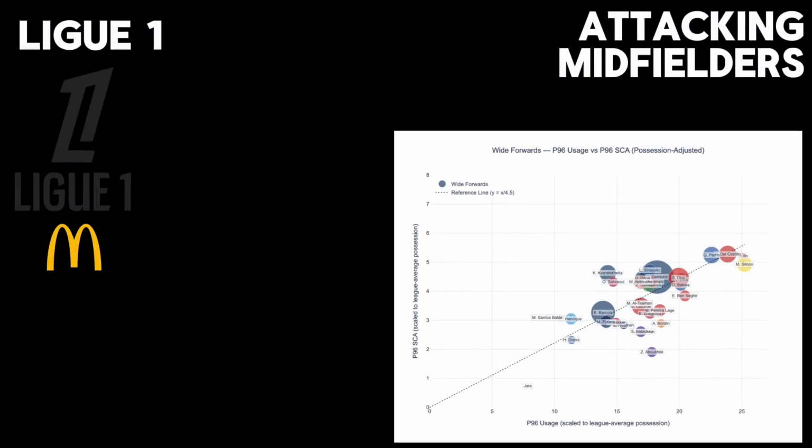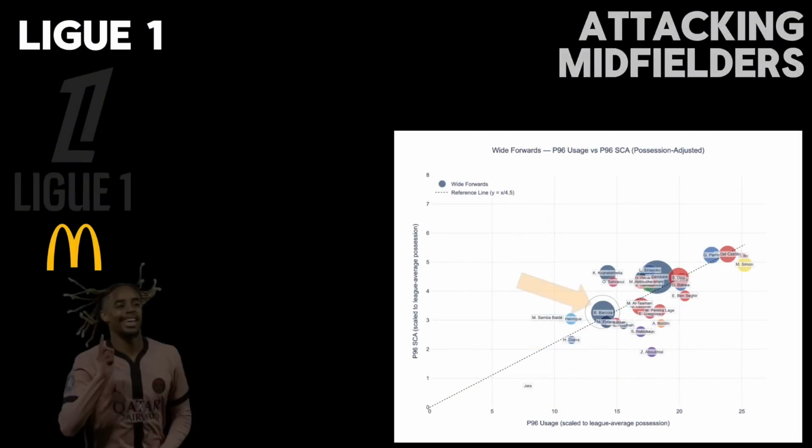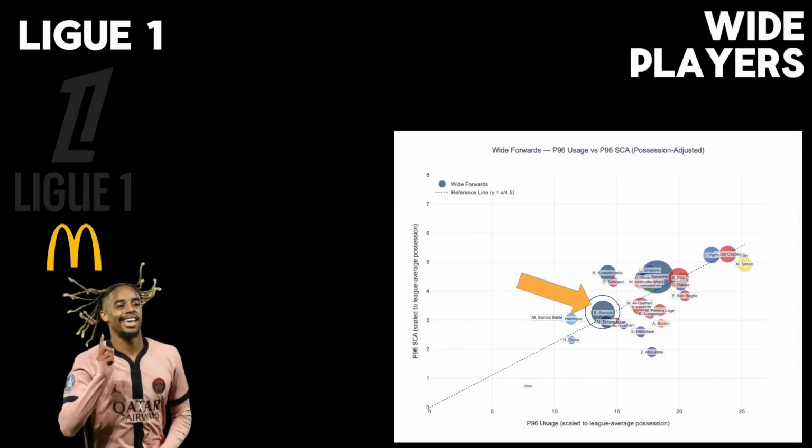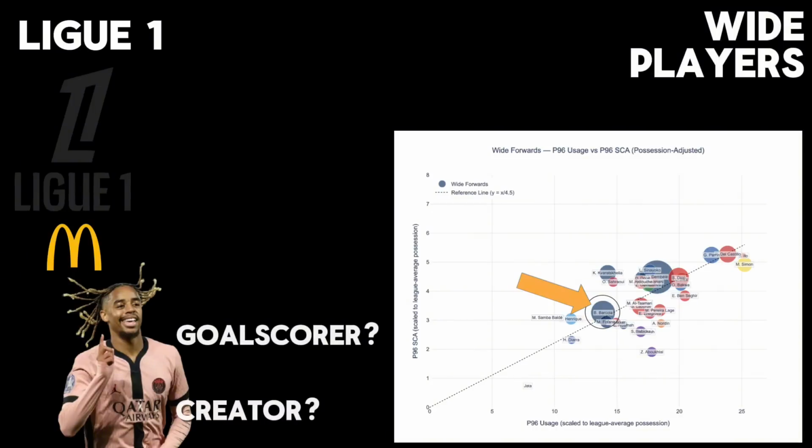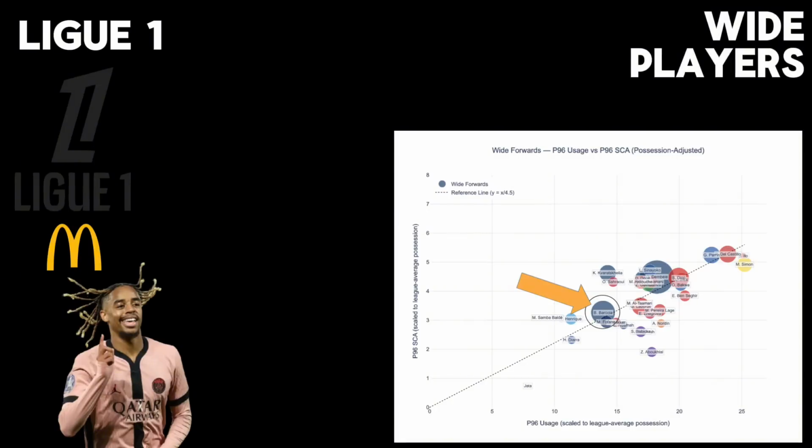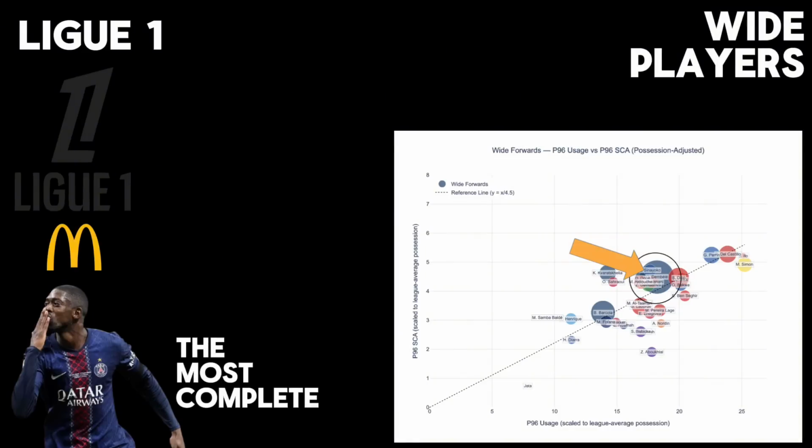Here are the wide players. Having not watched PSG every week, Bradley Barcola doesn't use the ball or create as much as I would have imagined. He's in the middle between being a creator and being a goal scorer. He's no doubt a good footballer. He went cold in the second half of last season, but if he can keep up his goal-scoring form from the first half, he'll be a big threat. Meanwhile, Ousmane Dembele is, to me, the best all-around attacker in the world. The combination of creating and scoring at that level, nobody else is matching it.